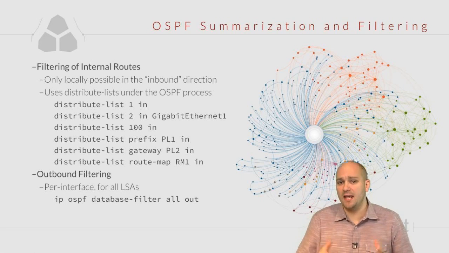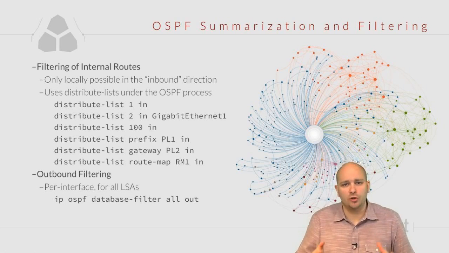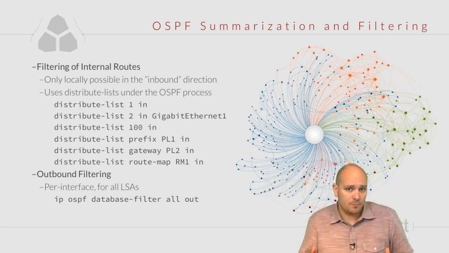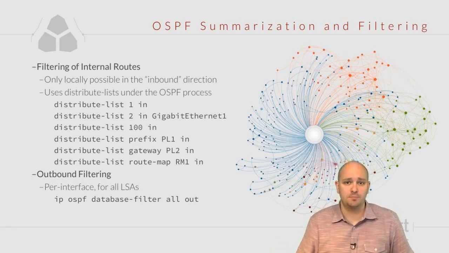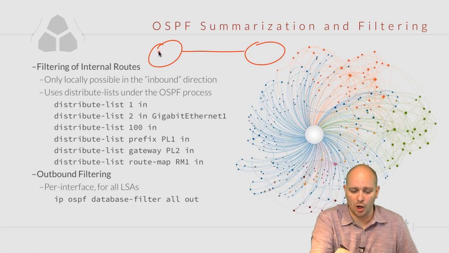All the filtering that we examined so far dealt with either filtering type 5 or type 7, or with filtering of type 3 LSAs. But what if we wanted to filter inside an area? Is that possible? Well, the short answer is perhaps. What I mean by perhaps is it is not possible to filter these prefixes as they are advertised between different routers. So if we had, for example, R1 that is connected to R2,